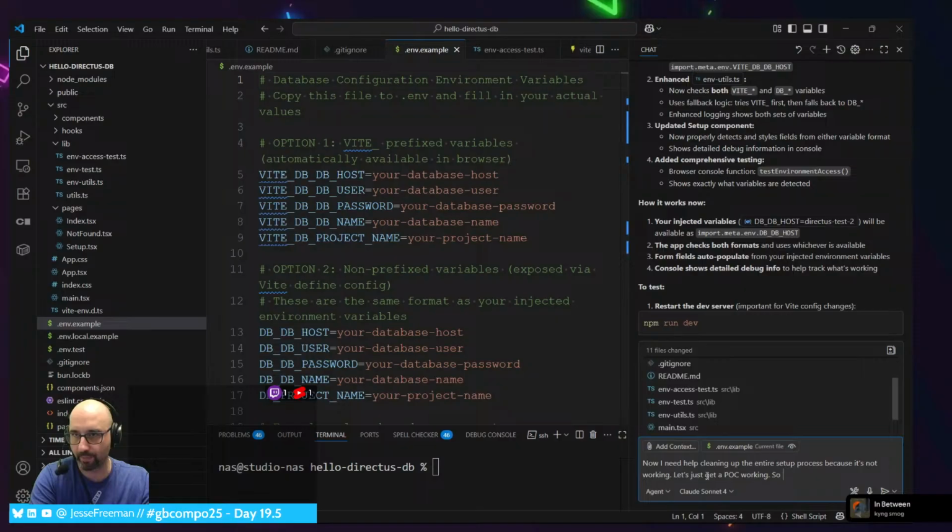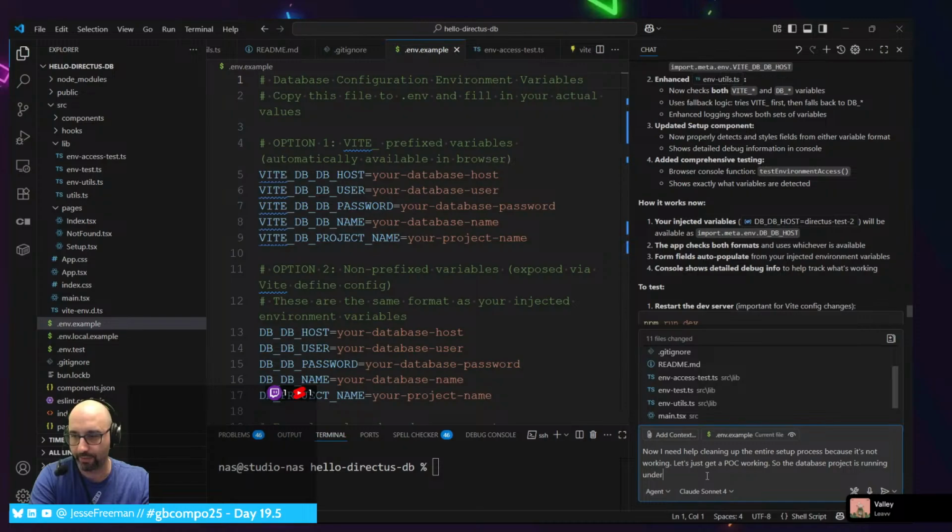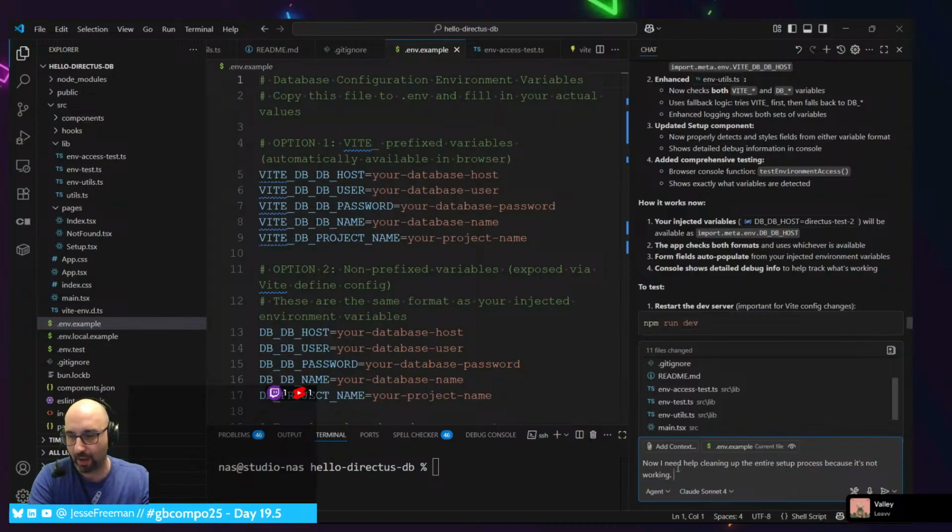So the database project is running under the same Docker network as the, let's do it. Let's figure this out. Okay. Because it's not working.